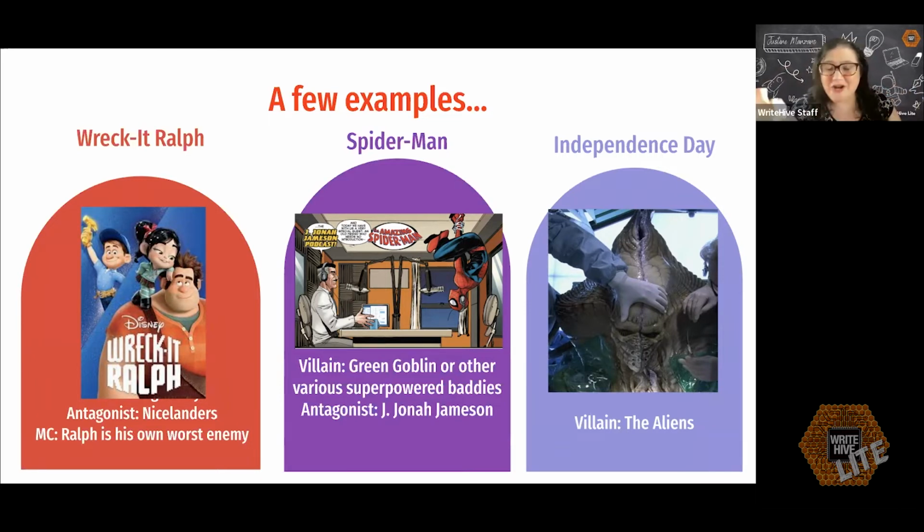The villains in Spider-Man are very obvious. So you've got Green Goblin, you've got Dr. Octopus, Mysterio, all these characters that you see in the movies are the villains. Not Killer Croc, that's Batman. Now I can't think of his name, but there's a lizard whose name is escaping me at the moment. They're all the super powered bad guys, right? Electro is another one. And they're obvious. They're like, I'm going to go and kill blah, blah, blah, and I'm going to take over the city, or I'm going to steal from banks, or I'm going to destroy things. Very obvious villain types. But then you have an antagonist, and there are others throughout the story, but the main